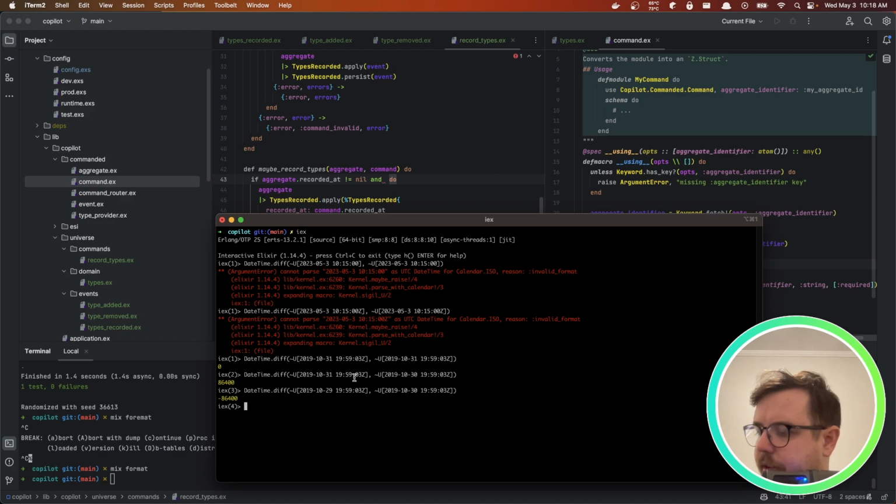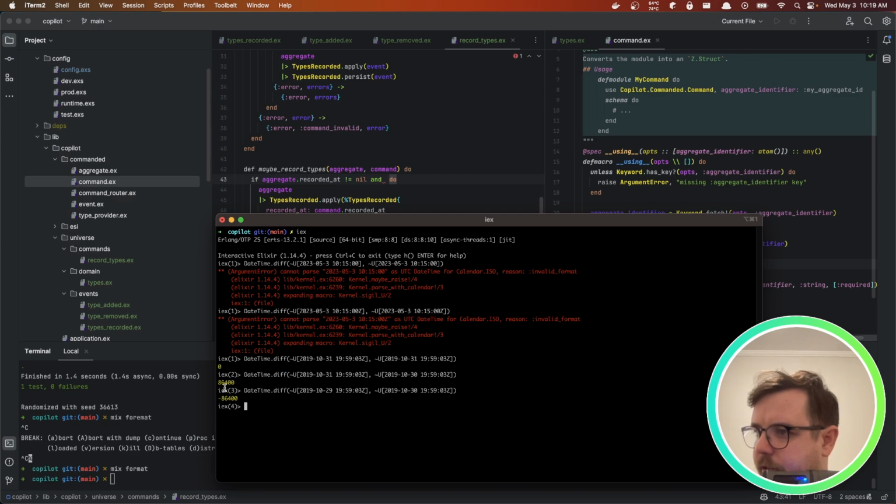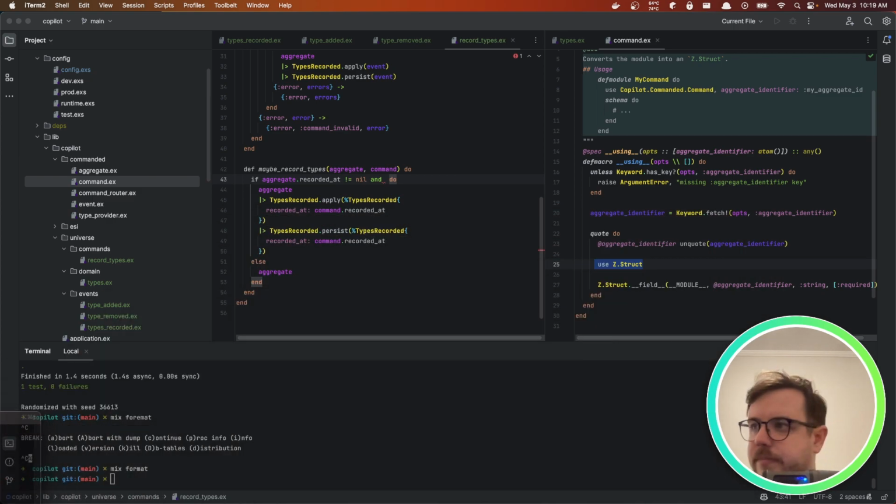So basically, if the difference is greater than or equal to that, then we'll do it. If it's less than or equal to that, then we won't record it. Okay. So if aggregate recorded at is not equal to null,